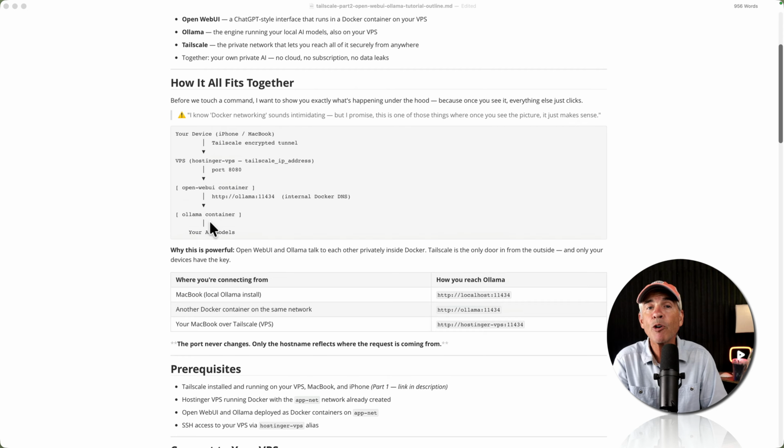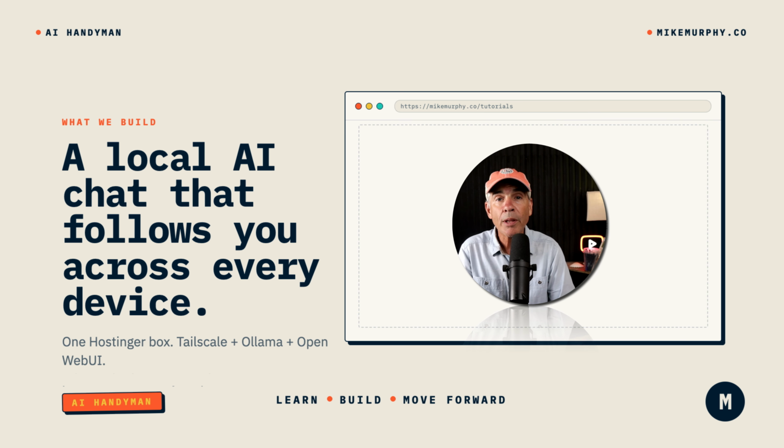You have a 24/7 AI server that you can access from any device completely for free, and you can also feed it agents. So Hermes, OpenClaw, any agents that you're building, they can access all of your local large language models that you are serving privately and securely on your own VPS. Well, that is how you can set up your own private, secure, AI-powered chat interface using Tailscale, Open WebUI, Ollama, all done on your